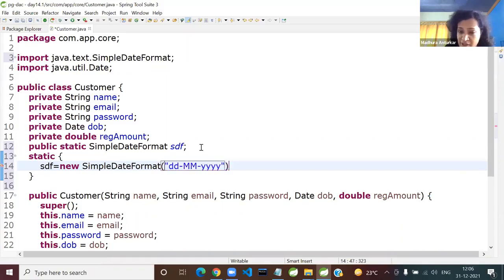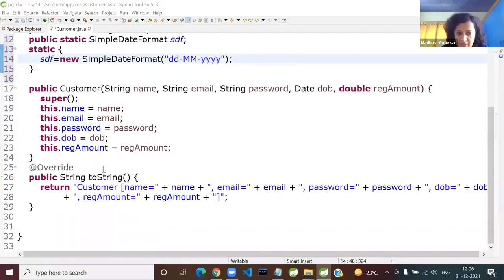Now you have done your HTML. HTML5 is done, right? So when I take you to web Java, I mean advanced Java part basically, that time we will change the pattern to year, month, and day. So all in good time. So I've created simple date format.